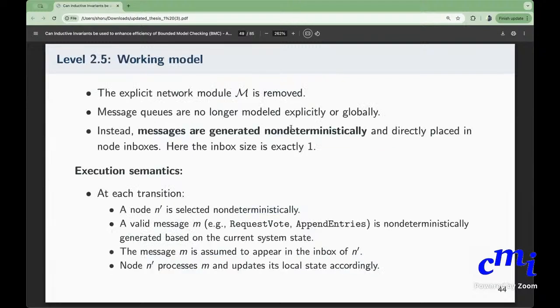So now we get to level 2.5, our working model. In our working model, we remove the explicit network module. Instead of modeling message queues explicitly, messages are generated non-deterministically and placed directly in the node inboxes, with the inbox size exactly 1. We don't have any more messages than 1. We don't have a queue. And at each transition, a node is selected, a valid message is generated, and based on the current system state,